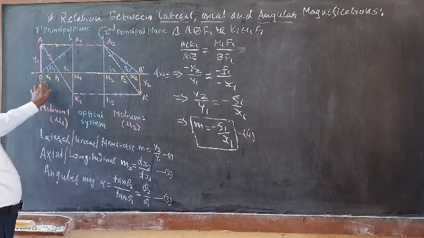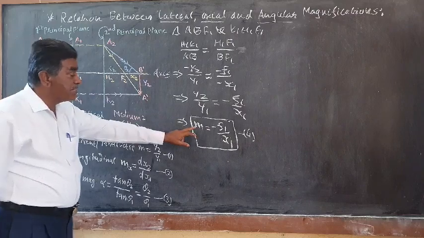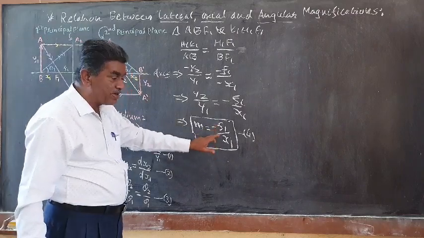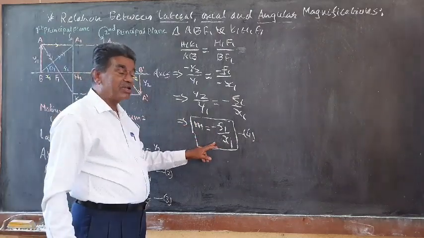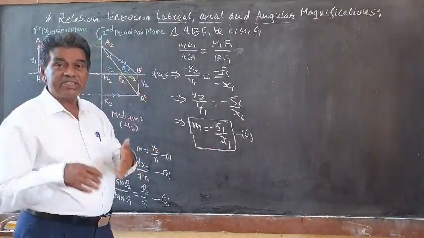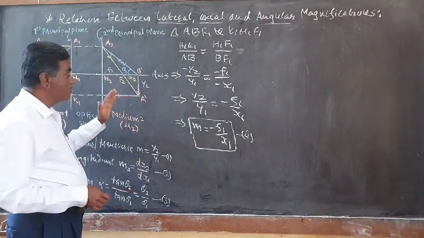Also from the right angle triangle, from the similar triangles to this side, lateral magnification can be given in terms of the parameters of the object side. On the object side we are getting minus f1 divided by x1. Similarly, the lateral magnification can also be defined in terms of the image parameters, and for that here we